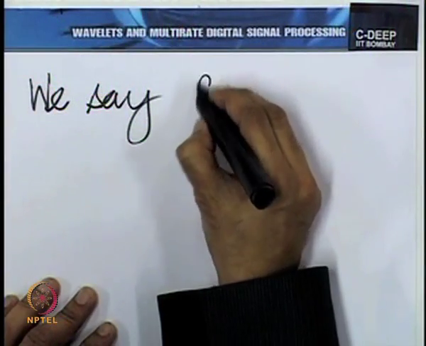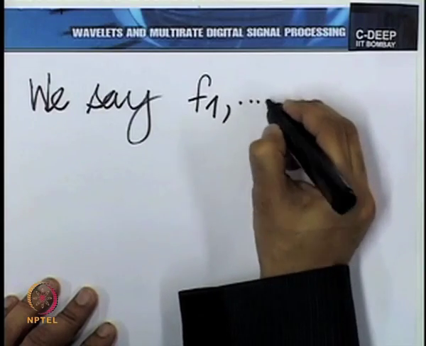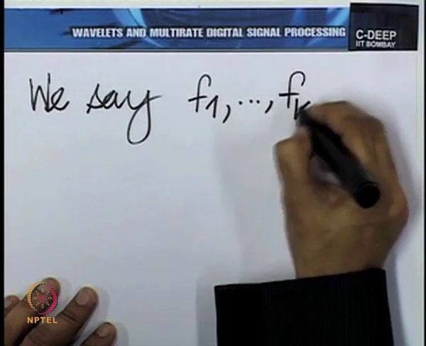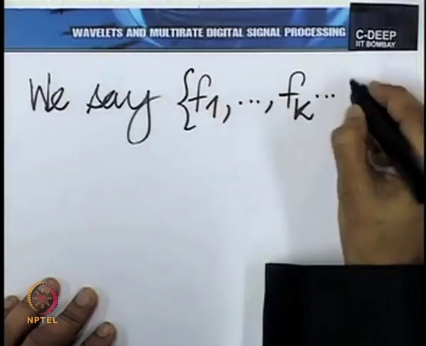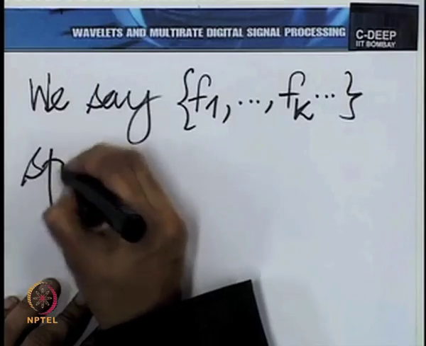Now, we need to state that formally too, but in order to move in that direction, we first need to bring in, as I said, another function which will span V 0. So, we need to bring in this idea of spanning. We say a set of functions, let us say f 1 to f k and so on, span a linear space